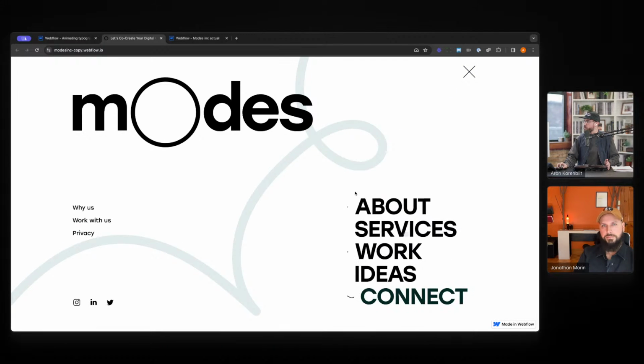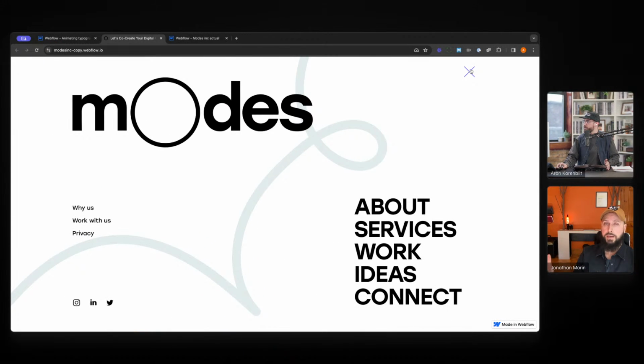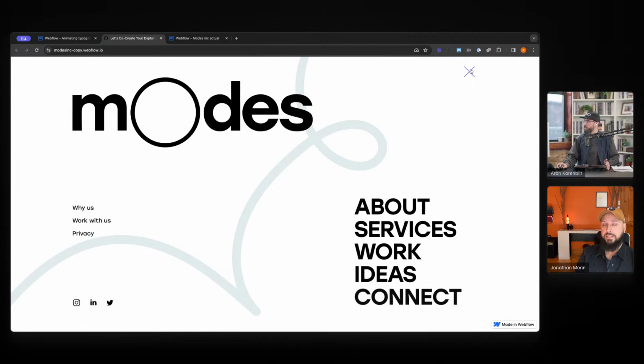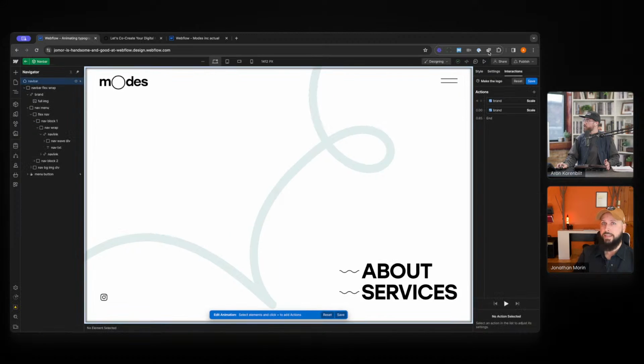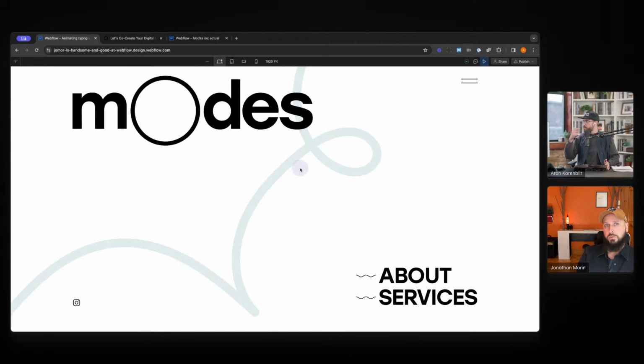Do you want to do that, or you want to talk about the links? Where do you think we should go next? Let's do it. This background is super straightforward. It's an SVG taking up the full space of that background, and is simply moving at a different pace than the opening of the menu. This way gives you this depth, this extra layer